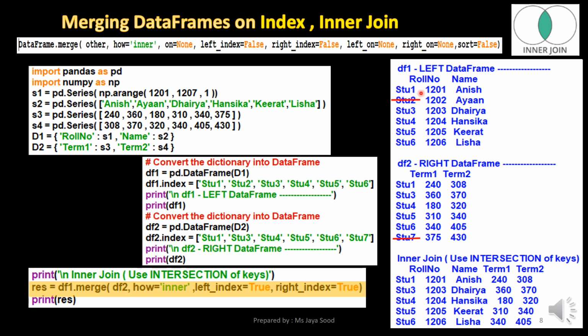All the indexes which are common in both the data frames will be used for merging. Please note that the index 2, which is not present in the right data frame, is not included in the merged data frame. Also, the index 7, which is not present in the left data frame, is also not included in the merged data frame.